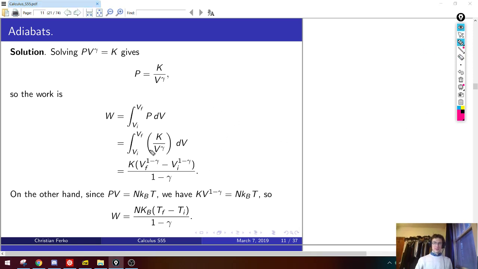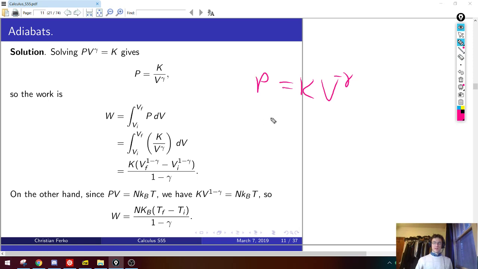Okay. Here's what I was trying to say. We started with this adiabatic assumption, PV raised to the power gamma equals K. Now I would like to find an expression for this thing appearing in our integral, which is V to the power 1 minus gamma. How should I do that? Well, the obvious place to start is to divide both sides by V to the gamma, which gives me on the left side simply P, and on the right side K V to the minus gamma now. So you have this, and then you say, okay, how can I simplify this?